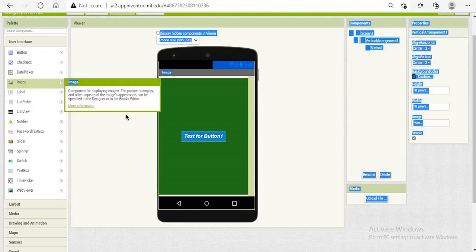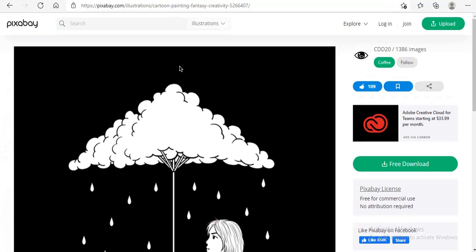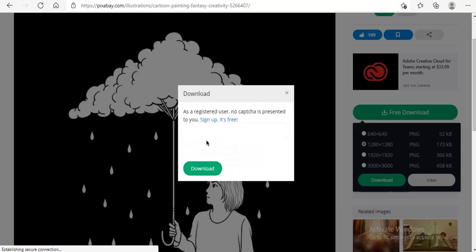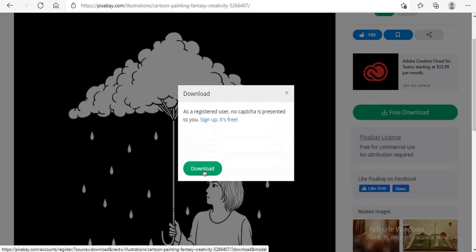Just read this description from now, then go to the tab and download the picture. Click on free download and you can download it in this version. Click the download button and it asks you to register. So let's click on download.